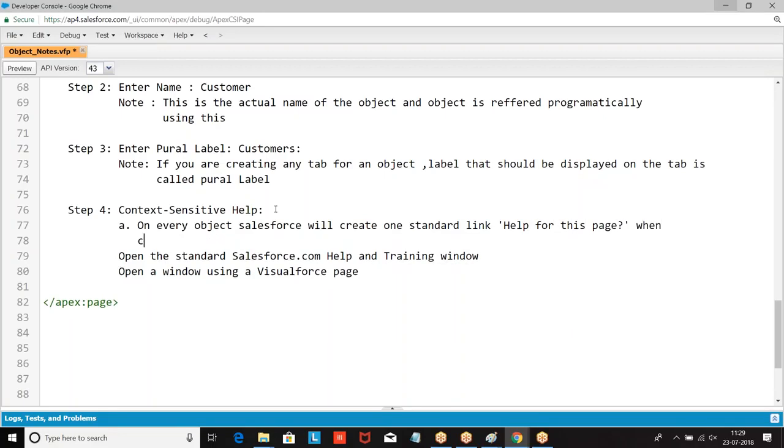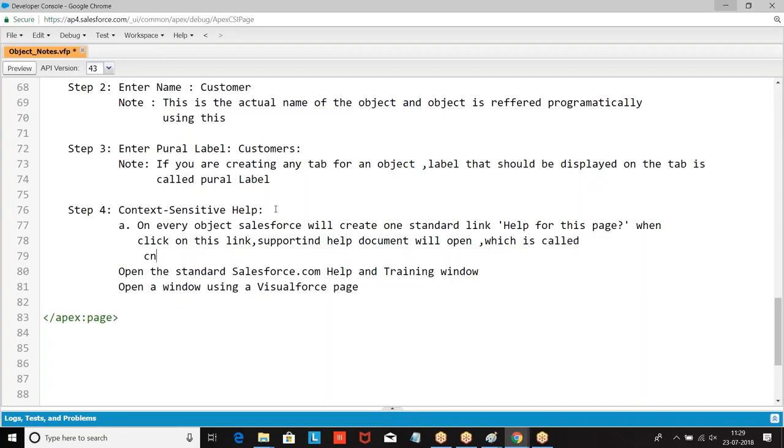When we click on this link, its supporting help document will open. Which is called context sensitive help.